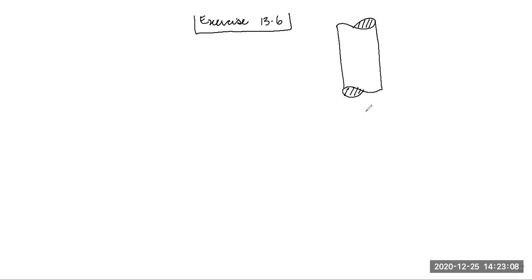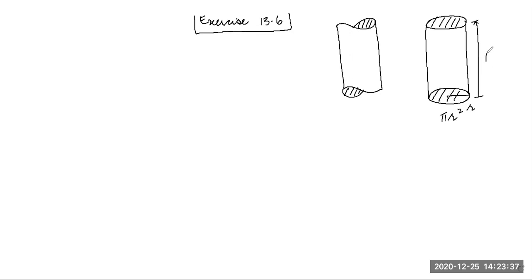The pipe is also a cylinder. I've drawn a pipe. You can draw a cylinder also like this. There are two or three things associated with the cylinder. First of all, the base of the cylinder is a circle. The top of a regular cylinder is also a circle. The area of the base is hence pi r square, if r is the radius of the cylinder. Students, this is known as the height of the cylinder, h, right?